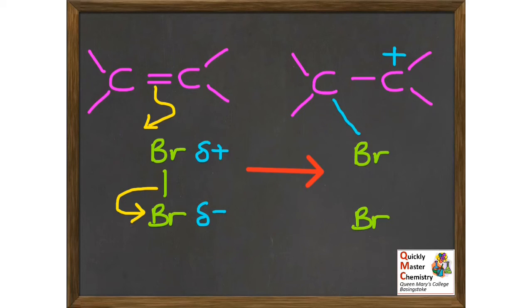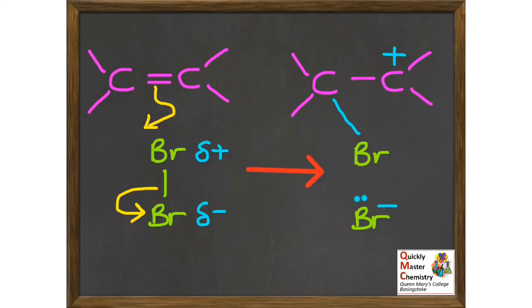Looking at the bromine molecule now, the bond between the two bromines, that also was a shared pair, one electron from each of the two bromines. And that pair of electrons has moved down onto that bottom bromine. Now, one of the electrons already belonged to it, but it's effectively gaining one electron from the other bromine. And so we can mark on that pair of electrons that's arrived and the full ionic negative charge from having gained an electron. So as a result of these electron pair movements, we've both broken bonds, formed bonds, and moved